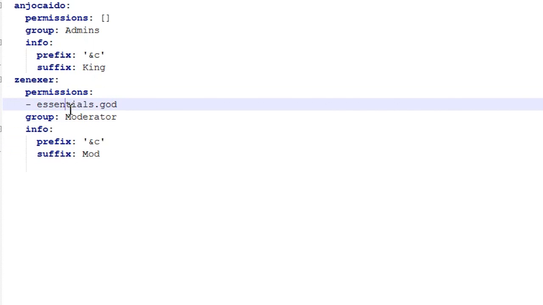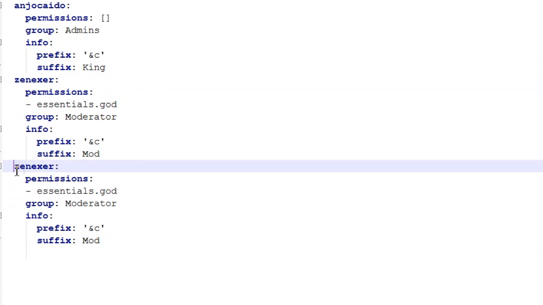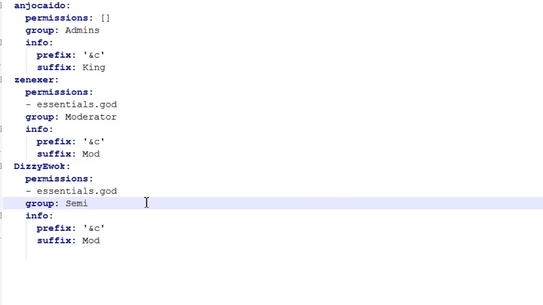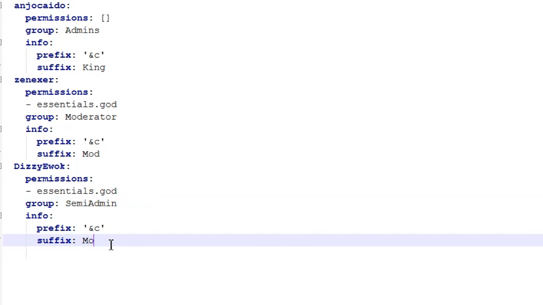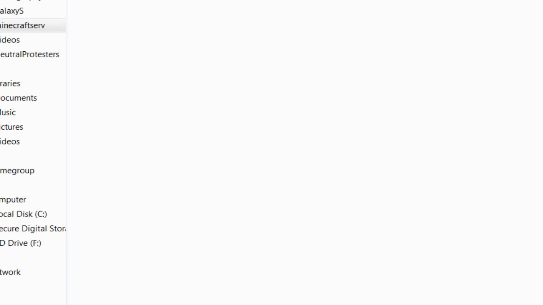So if I just copy one of these and make it my username, just change that to disallowing, and then change the group to semi-admins. Is it spelled like that? Yeah, no, semi-admin. And then change this to awesome and see if that makes any difference. And then get rid of that extra permission and add those two there. Right, so now if we run the server,